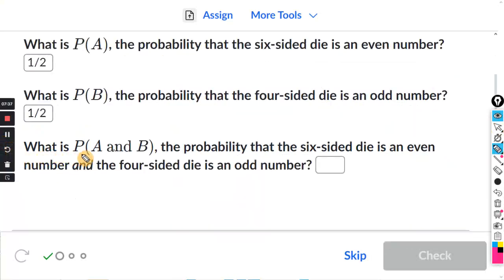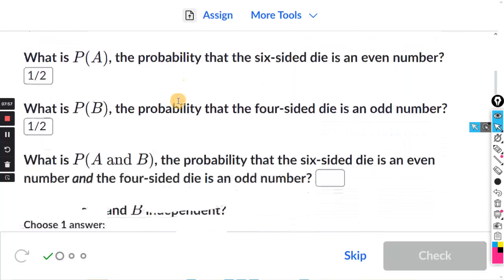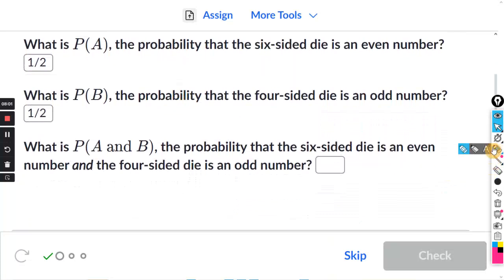Third question, what is the probability of A and B, that the six-sided die is even and the four-sided die is odd? Well, here's the thing. We are rolling these dice. They're two separate dice, separately. They're two separate events. One does not affect the other. Okay? And that means these events are independent. So all you have to do,